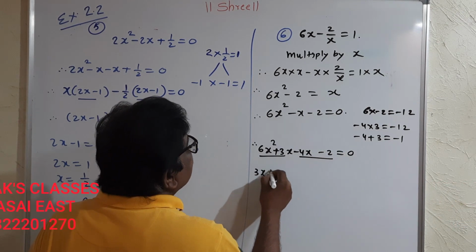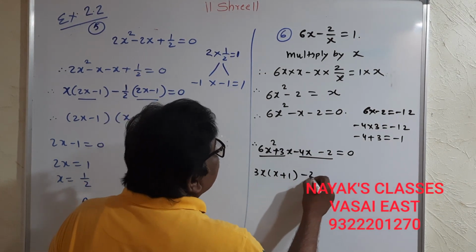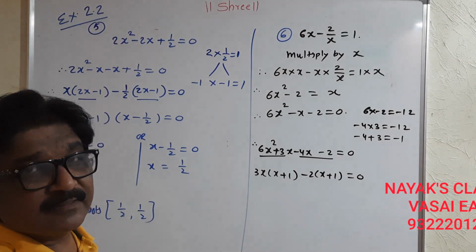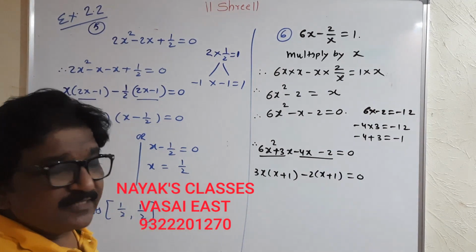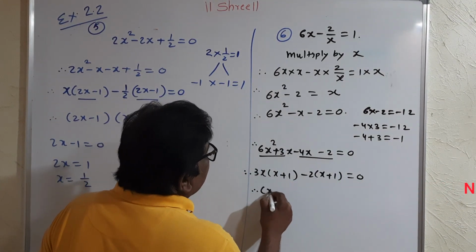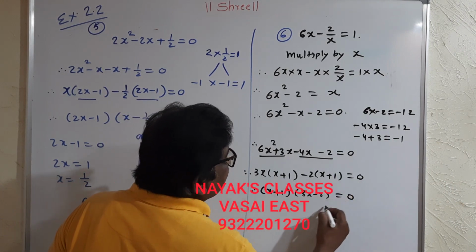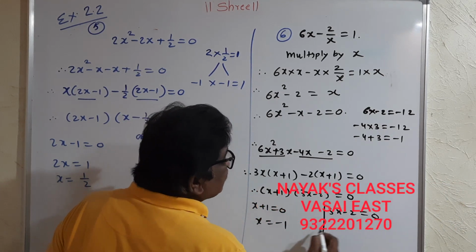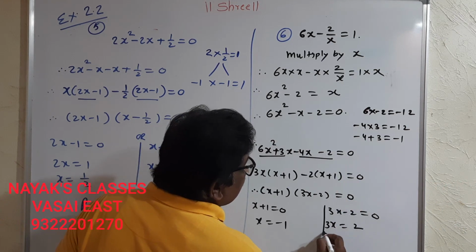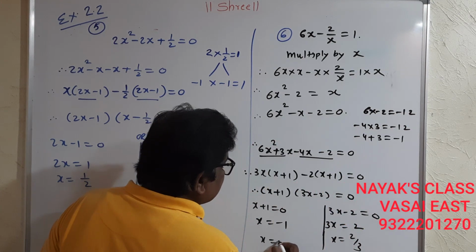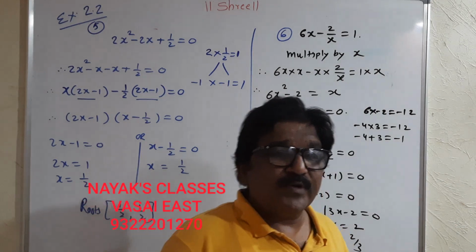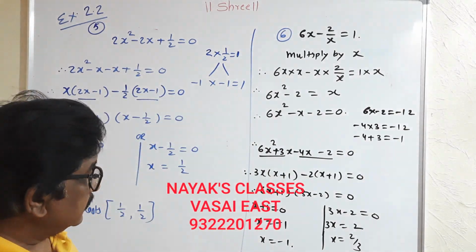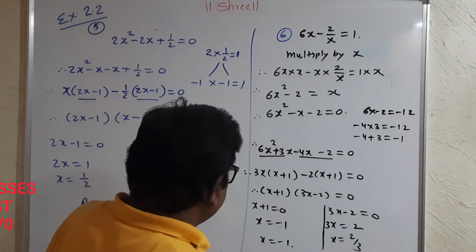Taking out the common, 3x into bracket x plus 1 minus 2 into bracket x plus 1. Taking out common is a little bit tedious job, but you will practice, then you will get the things done. Therefore, x plus 1 and 3x minus 2 is equal to 0. So, x plus 1 is equal to 0 and 3x minus 2 is equal to 0. So, x is equal to minus 1 and 3x is equal to 2, and lastly x is equal to 2 upon 3 and x is equal to minus 1. This is exercise number 2.2's sixth example, and the final answer is 2 upon 3 and